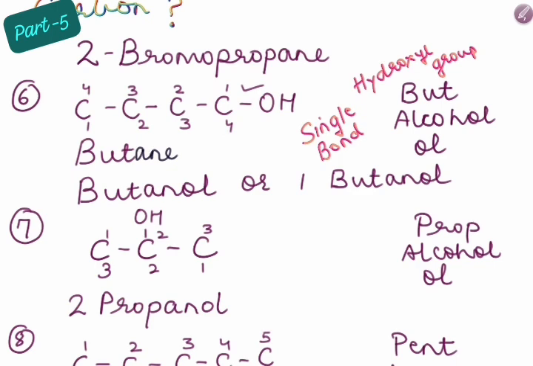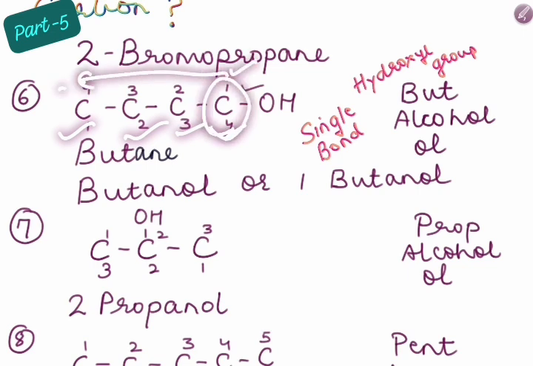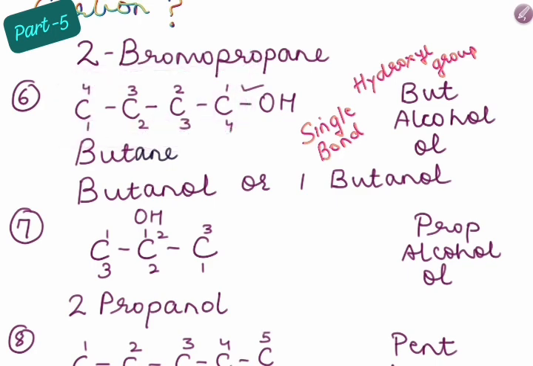Listen, check, children, over here once again. I have given the numbering as 1, 2, 3, 4 over here. So I'm seeing that this carbon atom has the lowest number, which is 1, and the attached alcohol is also along with this carbon. Now I've given the numbering from here 1, 2, 3, 4. So the same carbon atom has the numbering 1 from here and 4 from here. So among 1 and 4, which is the lowest number? 1. So I will take this numbering as the final numbering from here till here. Clear?